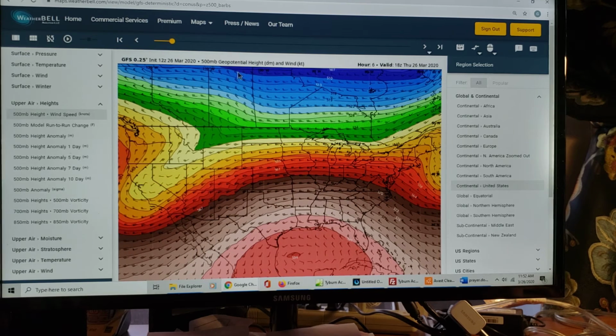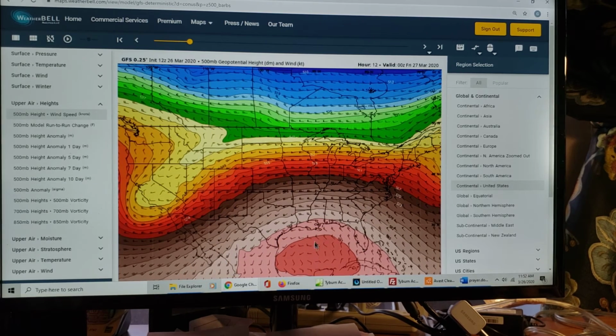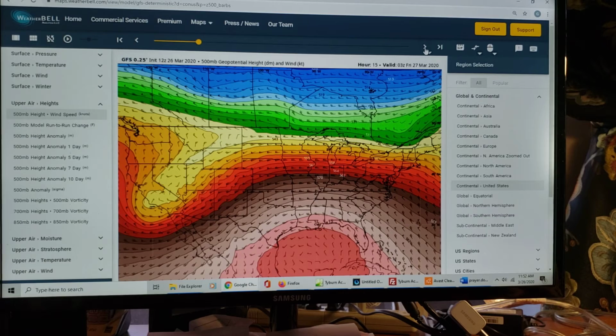And the trough, it's called a trough because it's dipped down like this. If we had a ridge, it would be like a mountain. We don't have any ridges on this chart yet. And I guess this is a ridge way down here over the southeast. Very common to have a ridge off the southeast coast, and during the summertime we have that parked in place for weeks sometimes, and it makes a lot of hot air along the east coast. Okay, so it's not a big change for us.